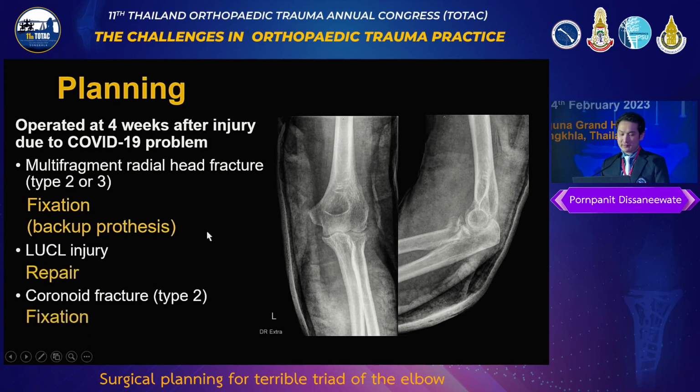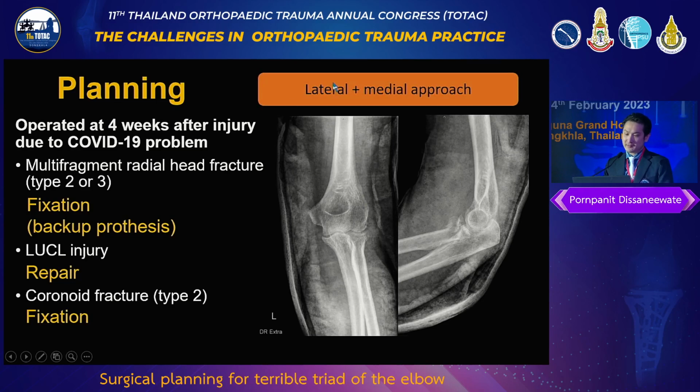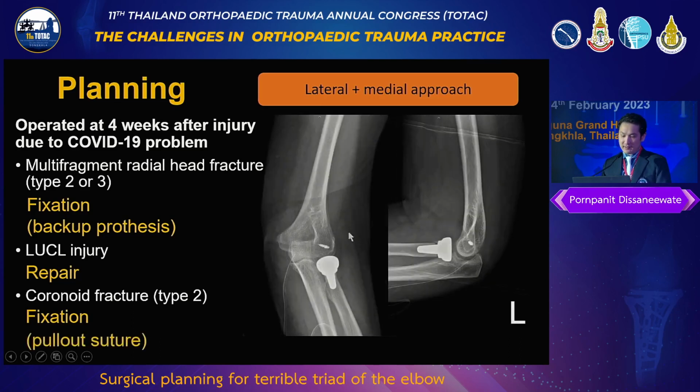And the coronoid also needs to be fixed. So in this case, we plan to go lateral and also medial. For the combined lateral and medial approach, you have 2 ways. You can have the splitting incision, one incision at the lateral and another one on the medial. Or you can have one long incision at the posterior, and you create the flap to go to medial and